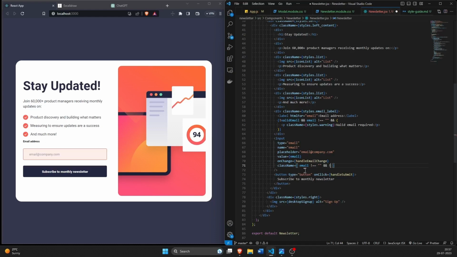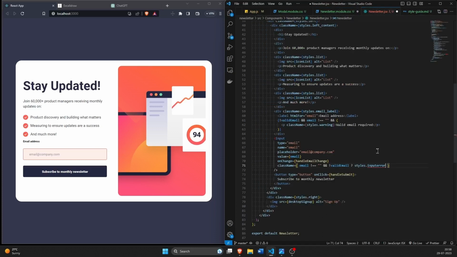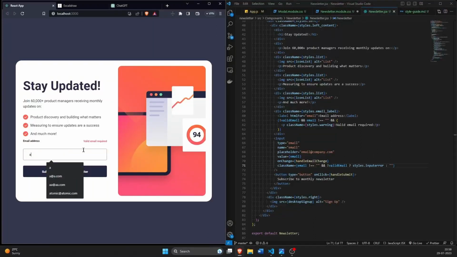Alongside this, it should not be valid. If both of these conditions are true, then in that case we'll have to render this particular class, the error class. We can name it error also, input error. Let's name it input error. So we'll render this class input error, else nothing. See, the color is gone, and as soon as I type,